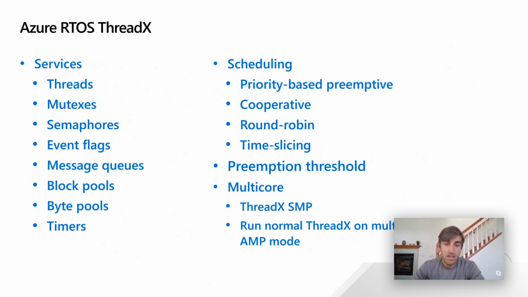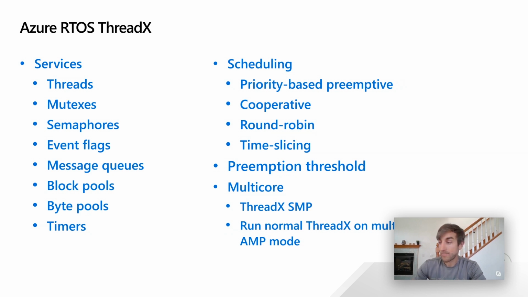And we have some, let's call them, advanced features of ThreadX, like preemption threshold. So you can actually set different thresholds for different threads for the priorities that they can be preempted. It's a neat way to let super high priority threads interrupt lower priority threads. And we can get more into that later. Actually, there'll be future videos that go really in depth with exactly how and why you would want to use